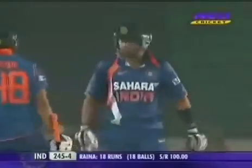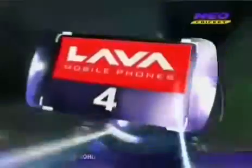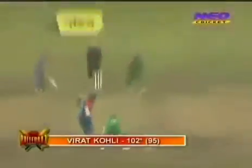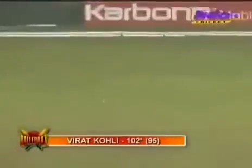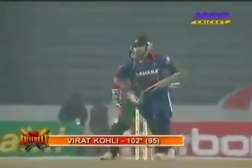So now India need 3 runs to win. Virat Kohli is 2 runs away from 100. 1 ball left in this over. Now that's a lovely shot. Good use of the feet, and knowing that the two fielders are quite...